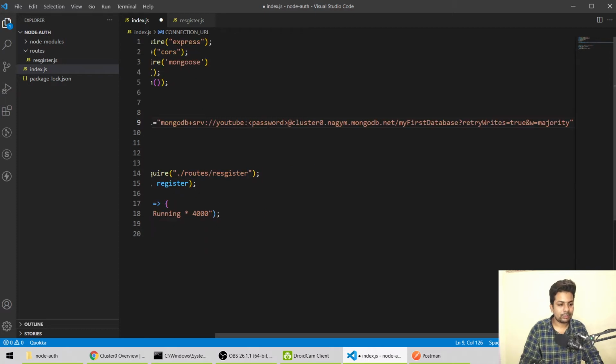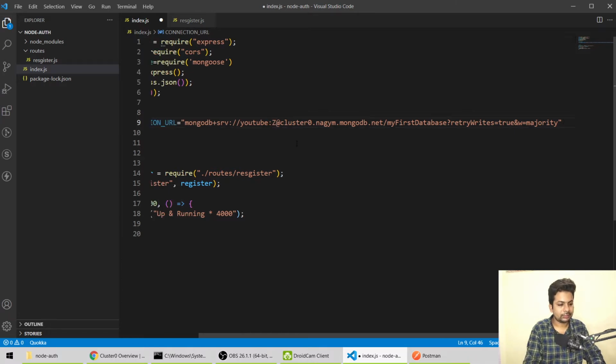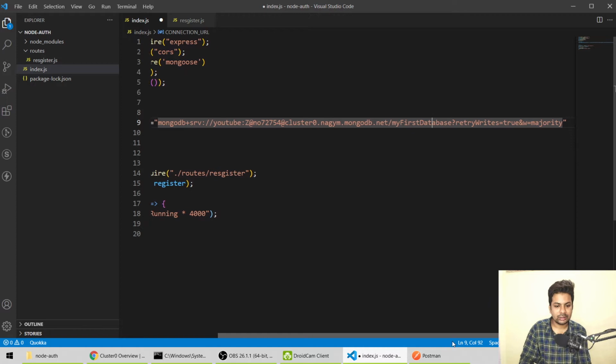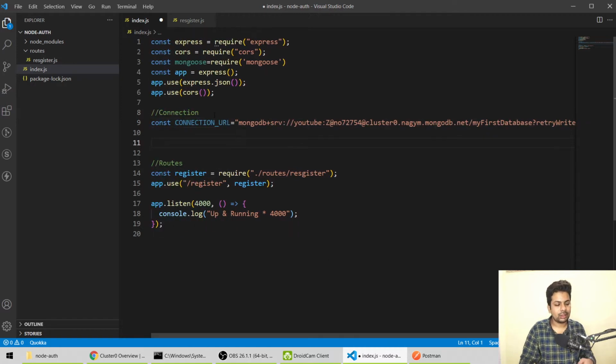Here I have to put the password. Let me just check my password. And my database name is my first database, and everything is the same. Nothing to change here.